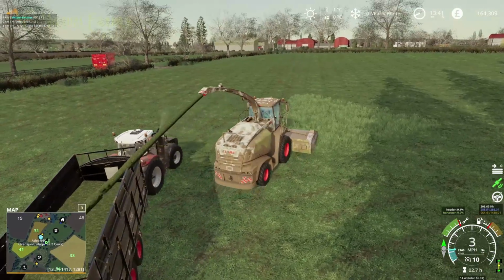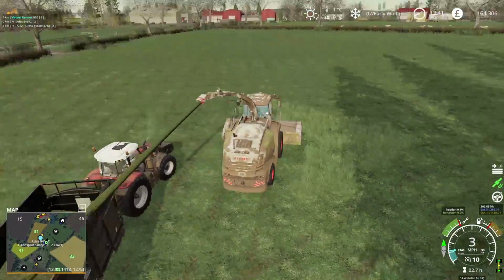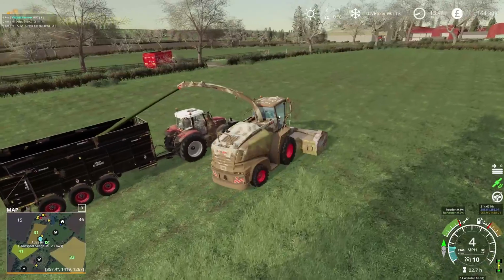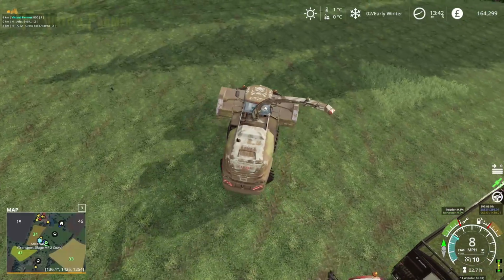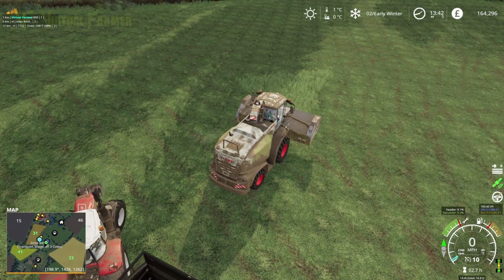The interesting thing is, I didn't think it was massively smaller than the other field across the road. Maybe it is. Maybe it's not quite, or not really anywhere near as big as that field. Interestingly enough, I think we're a little bit fortunate here in that we've got a fairly mild winter as well